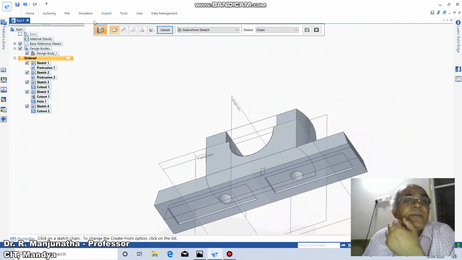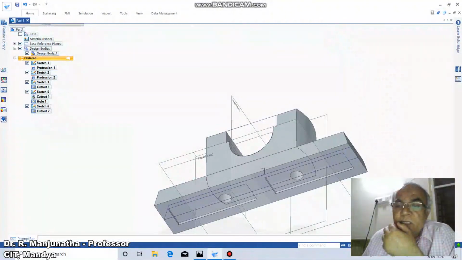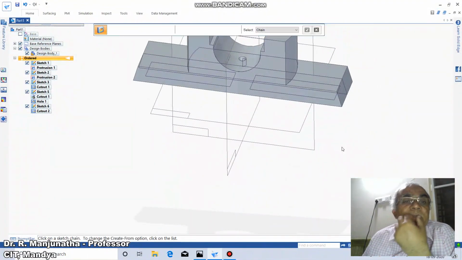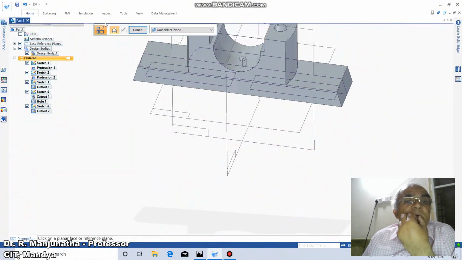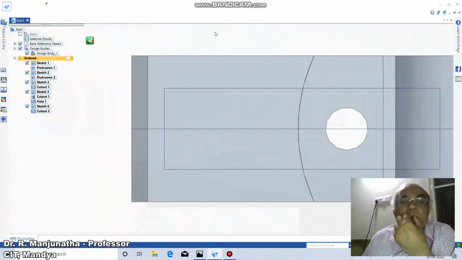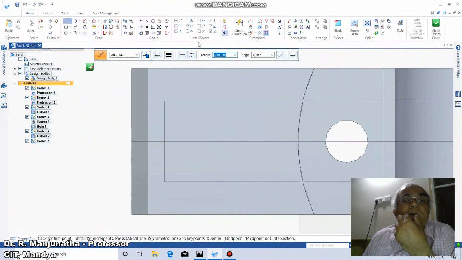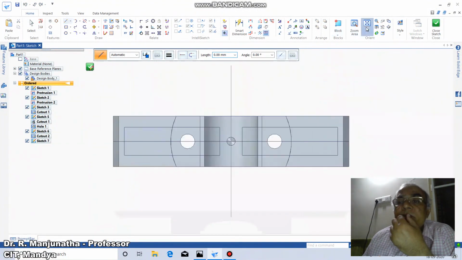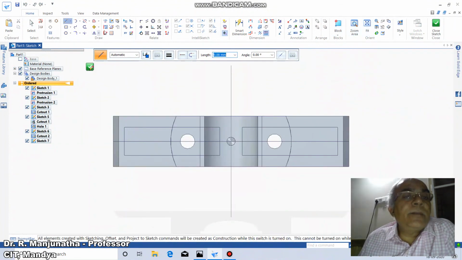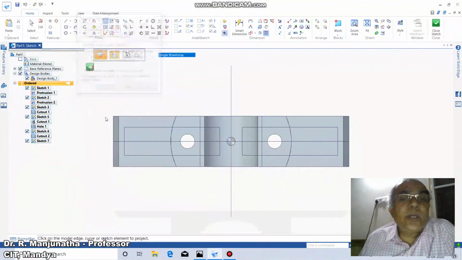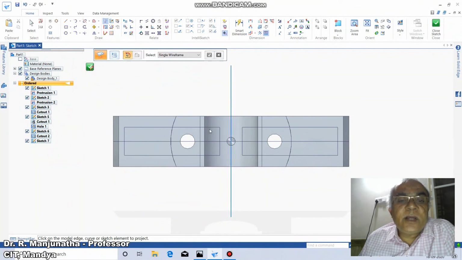Now, once you have this, now you go to the oblong hole. So to do that, rotate this and make it on this side. Then go to home, click on sketch, click on this plane. So here then fit it, then go to include, that is project to sketch. Okay, you select this line and also this line.